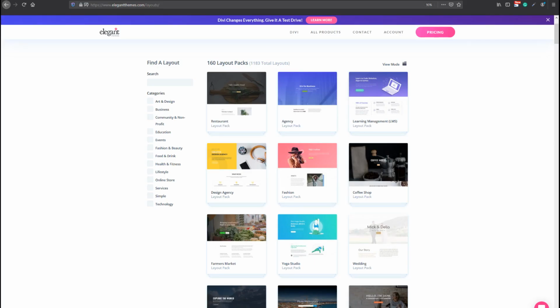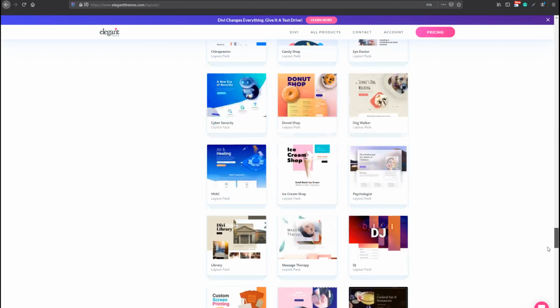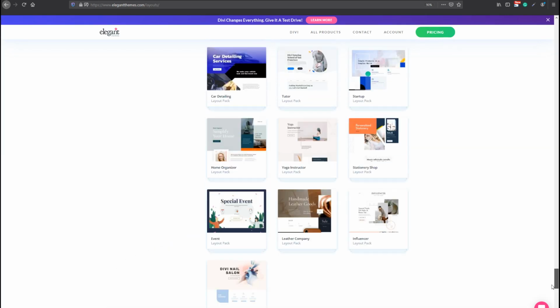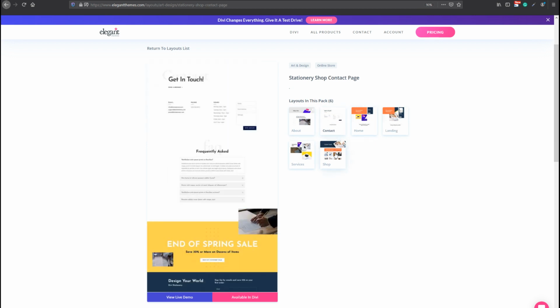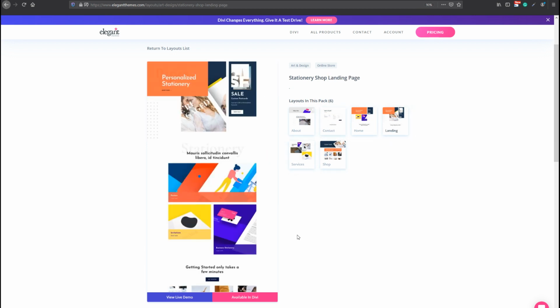Alright, so let's start off by taking a quick look at the layout pack which we'll use. It's called the Stationary Shop Layout Pack, and you can find it by going to elegantthemes.com/layouts, and over here you can find all of the different layout packs that come with Divi for free. And if you scroll down, you'll come across one of the most recent ones being the Stationary Shop Layout Pack. If you click on it, you will view all of the different layouts that come with this layout pack, and you can view the live demo by clicking on the blue button, and this will redirect you to a live